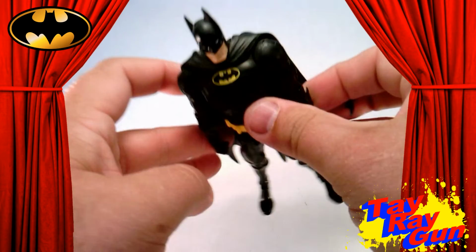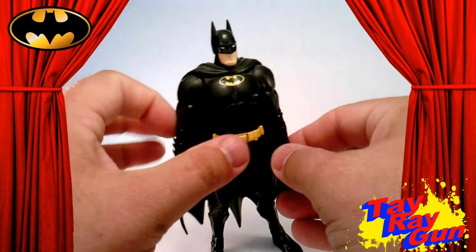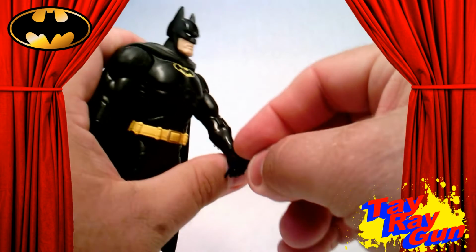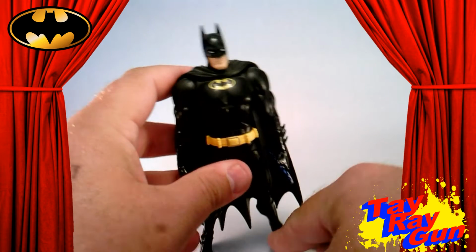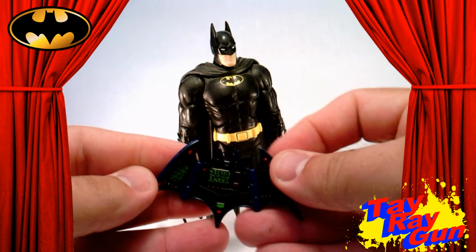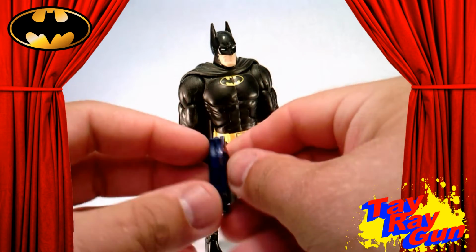And with this black suited Batman, which I always thought was super cool, I love the look of him, even on package. He has this really cool kind of metallic blue batarang. It's a type that looks like it folds up and has maybe a bomb on the inside. But what really sold me more than anything else was this really cool bat computer. You could fold that up and it's almost like it would be stuck on his back. You could take it out,